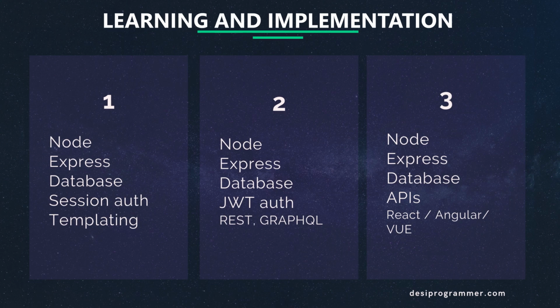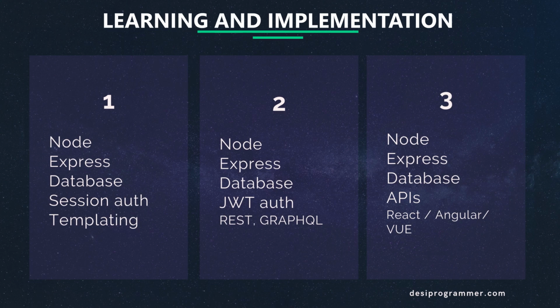The first one is the learning process. If you are a beginner, let's say you don't know much about web development, or let's say you have done a little bit of web development using PHP and all, and you want to switch to Node.js and Django for, let's say, a better work environment or progress, and you just start learning MERN and MEAN at once, the learning curve will be a bit high, because here there will be complete APIs and the front end will be different from there. And if you don't know anything about web development, then that's a long road.